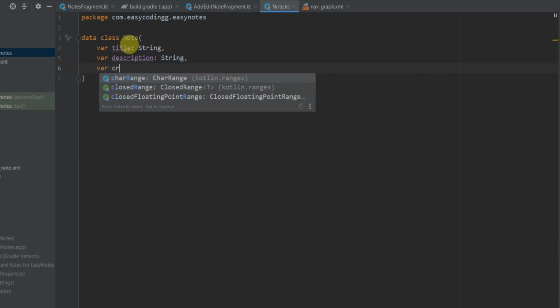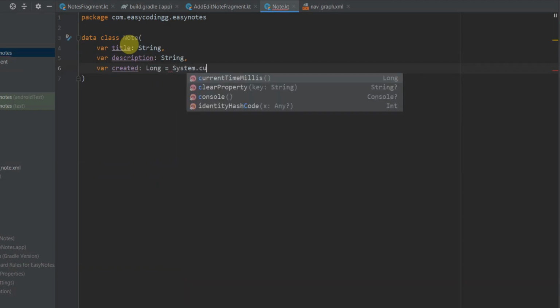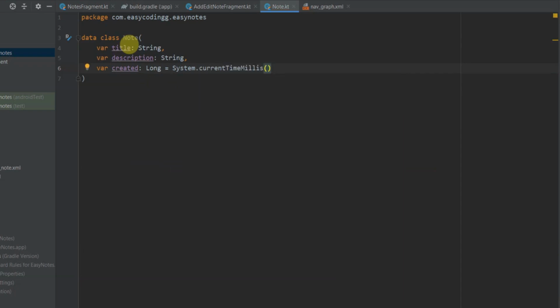So val created, it will be of type Long, and it will be equal to System.currentTimeMillis(). Now we need an ID for our note so that our note can be uniquely identified. So val id, it will be of type nullable Int, and it will be equal to just null.